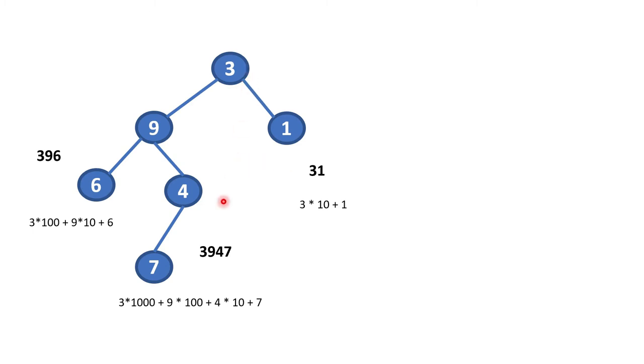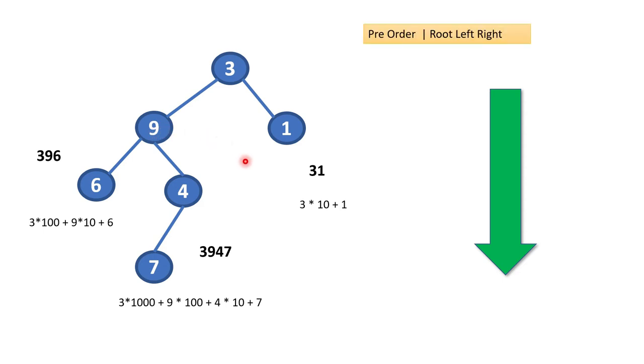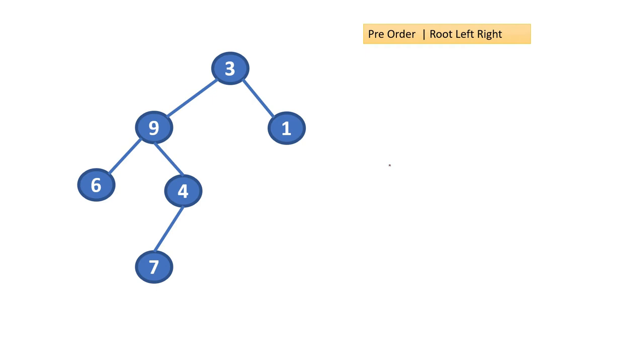So the solution will be a top to down approach that you have to follow. First you have to calculate the value of root, then you have to go left and right. So the good choice of tree traversal will be pre-order, where it is root, left and right. Now we will go through how we will do the pre-order traversal and solve this problem.